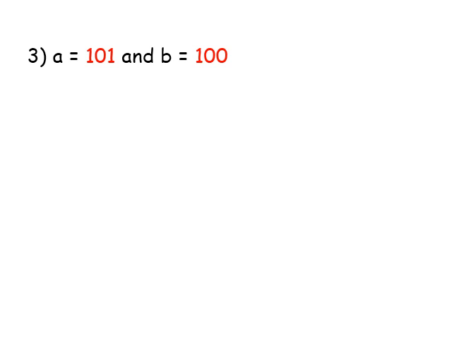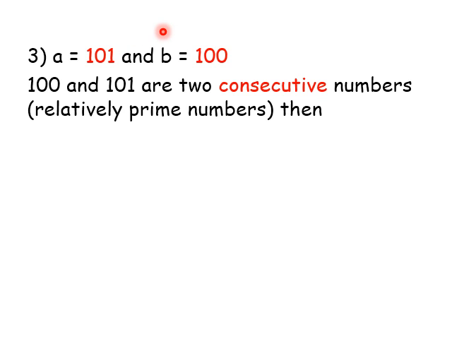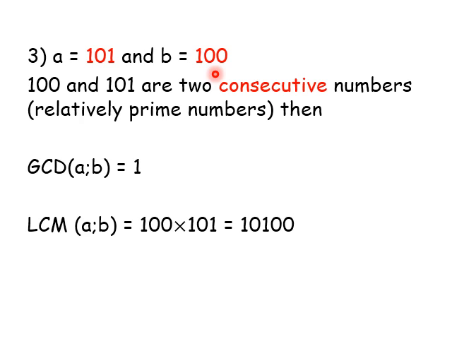Okay, now A equal 101 and B equal 100. I think you directly noticed that 100 and 101 are consecutive numbers. They are relatively prime numbers, so their GCD will definitely be 1, and the LCM is the multiplication of 100 by 101, which gives us 10,100. Okay,